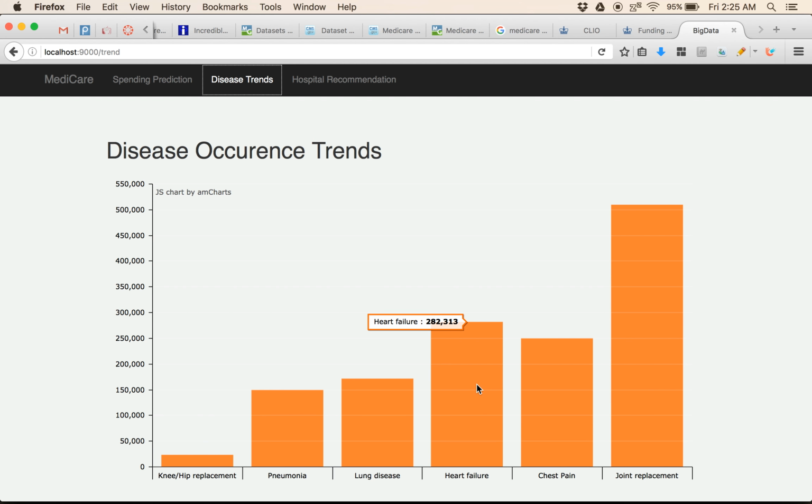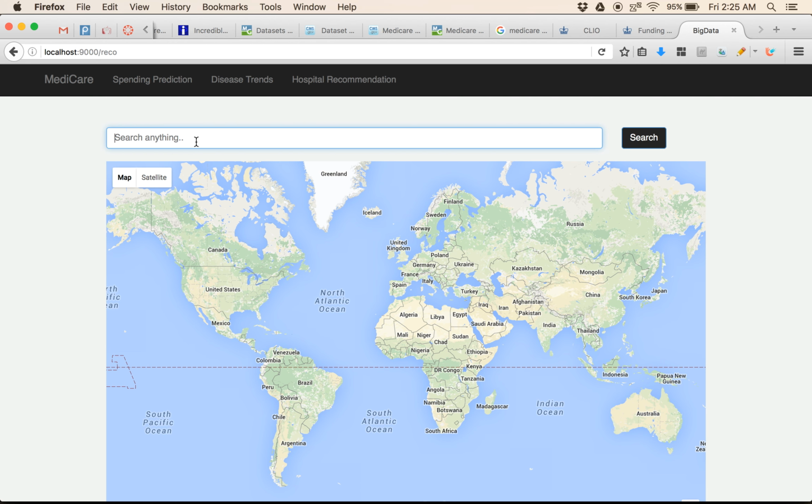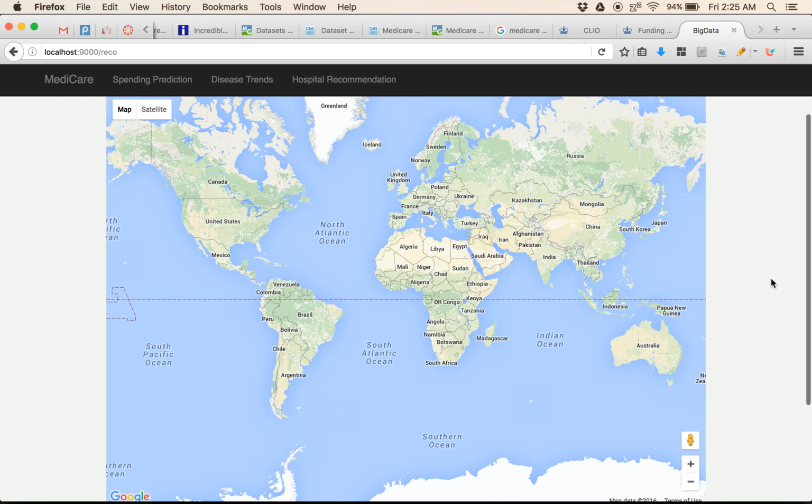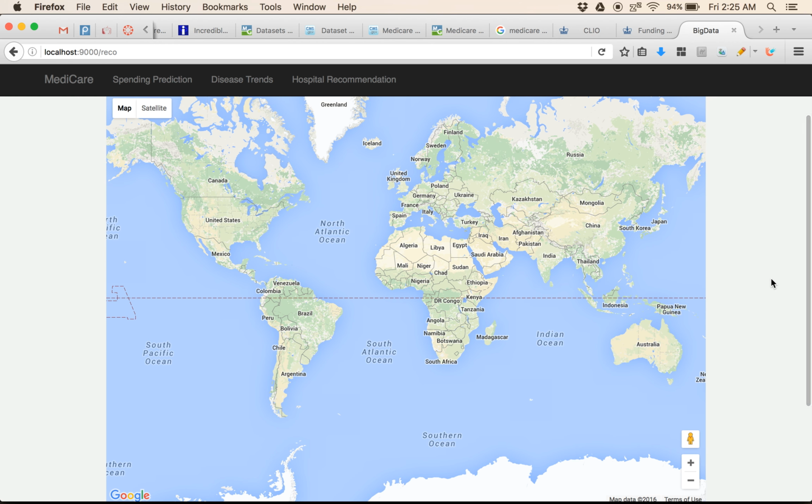And finally, there is a hospital recommendation where if you enter a zip code, it will tell you the nearest hospital. It will mark it on the map, and it will show you the details, like the star rating of that hospital as well. So this takes a bit of time to run. It will query the database. There's a lot of work to do on the back end, like communication between the front end and the back end. But by the time it runs, and there we go,